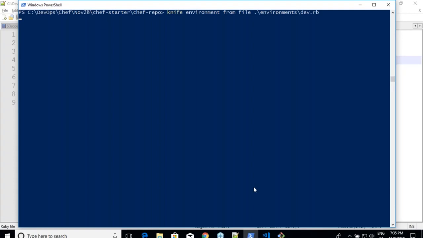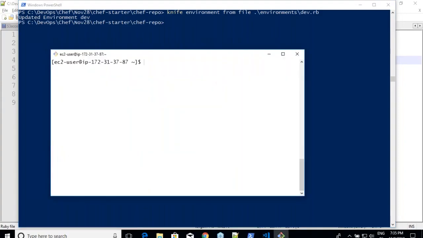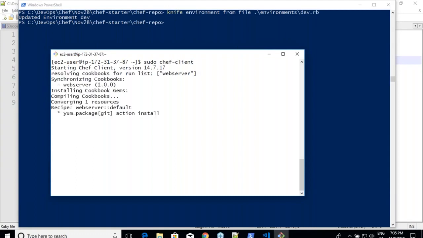We should get that it is uploaded, and then we'll log in to two machines and execute sudo chef-client. In one machine, tree should be installed. In the other machine, tree should not be installed. That's the whole point. Right? Now, let me execute sudo chef-client. Yeah. Okay. Good.